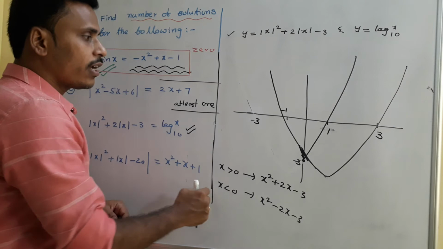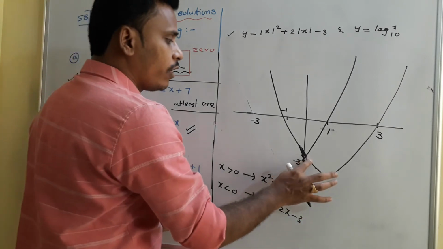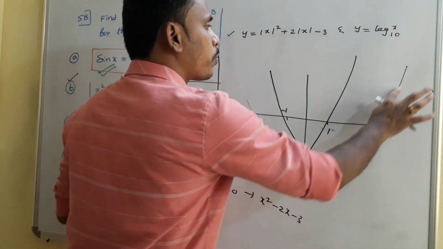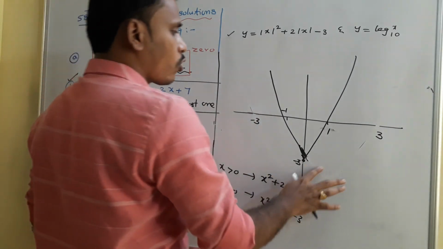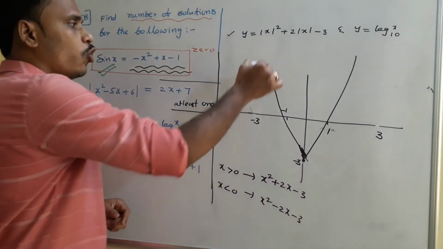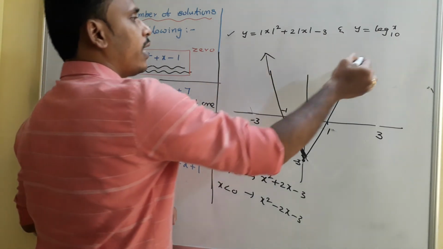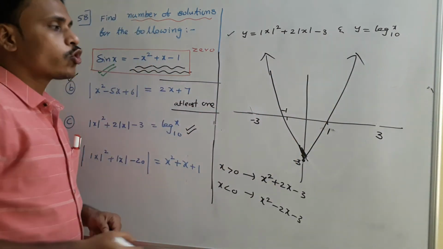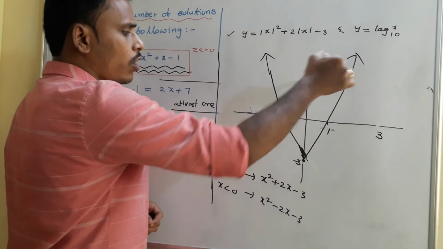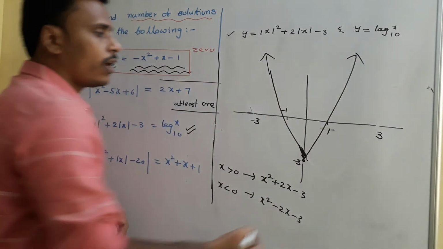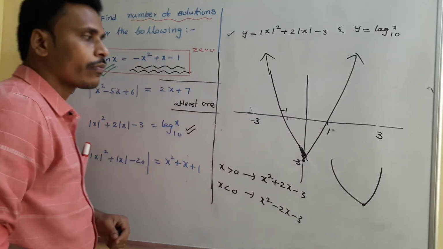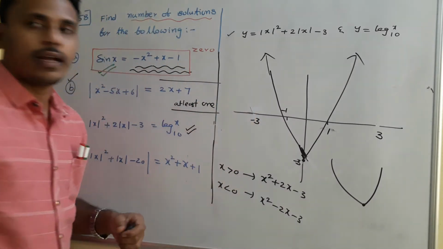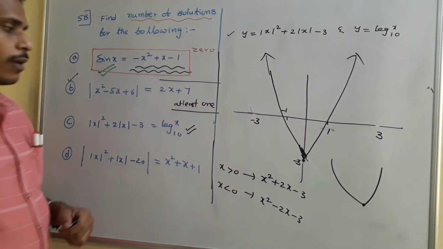Since we are considering it only in the negative region, again we need to neglect the graph in this positive region. Already we discussed all these things in the previous classes. If anybody has confusion, just go and revise that previous class. So at the end, this is not exactly a V shape, it may be like this. So this is the graph of y equals mod x square plus 2 mod x